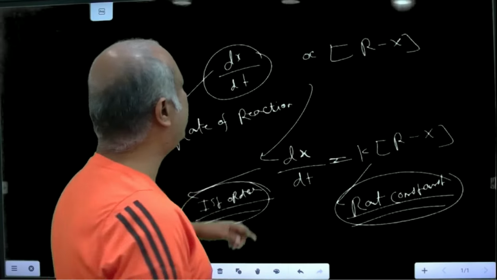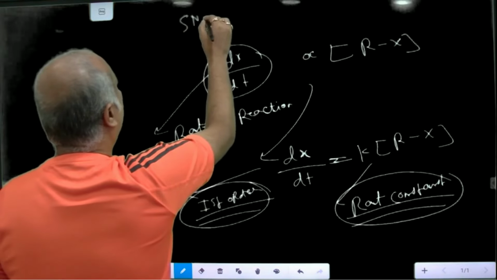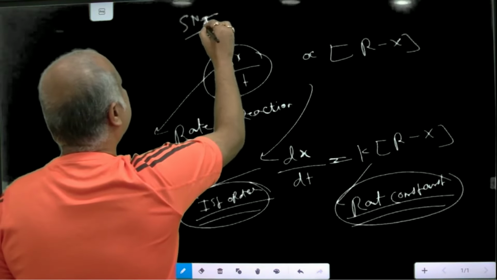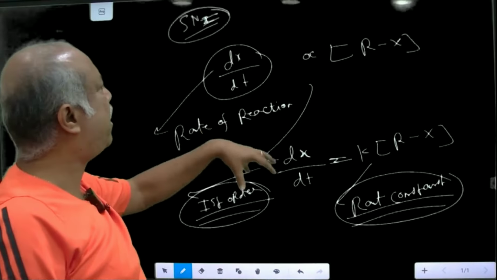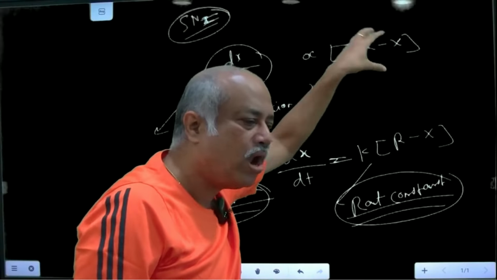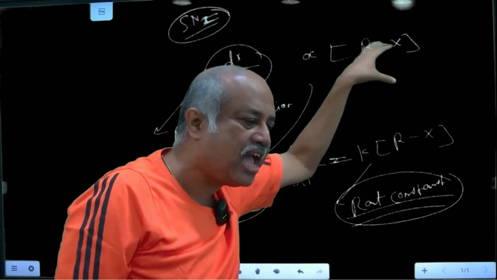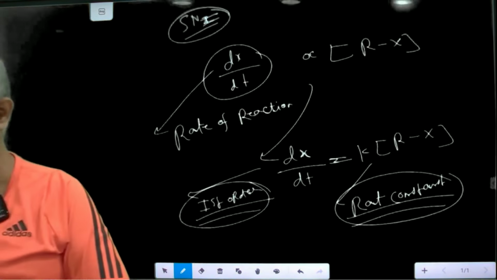Then SN1 reaction, that is the first order chemical kinetics. dx by dt, the rate of reaction, is directly proportional to only the concentration of alkyl halide. In that case also, write down: